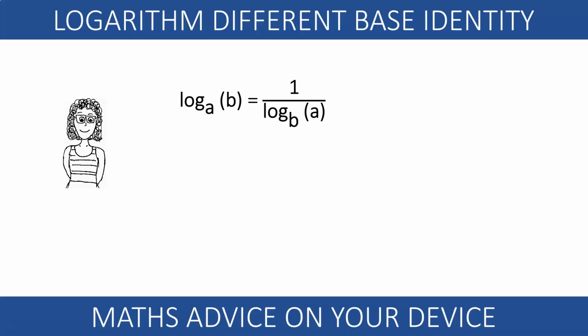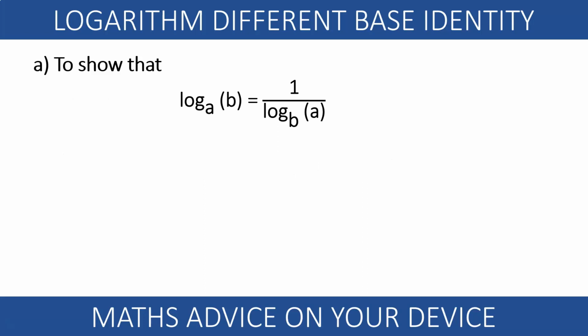In this video we use a similar technique that we used before. We want to prove that log base a of b and log base b of a are the reciprocal of each other. Hence, the decimal log of e times the natural log of 10 equals 1. Interesting.